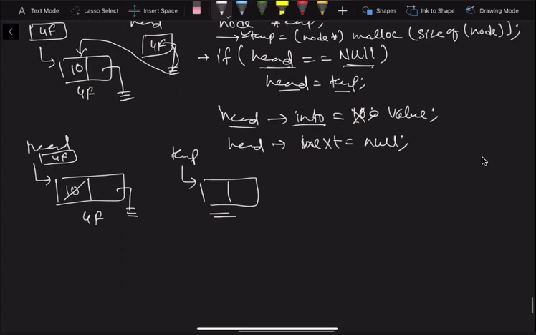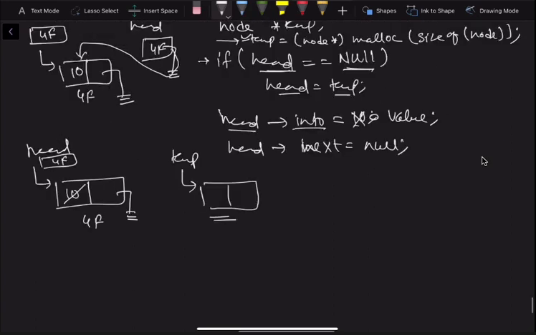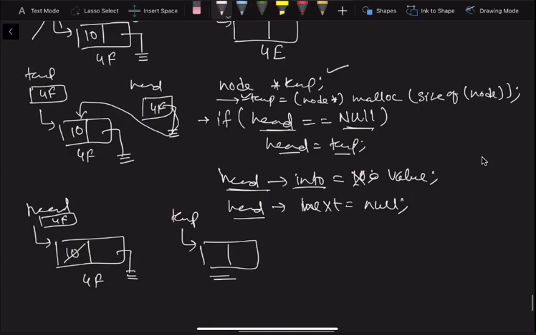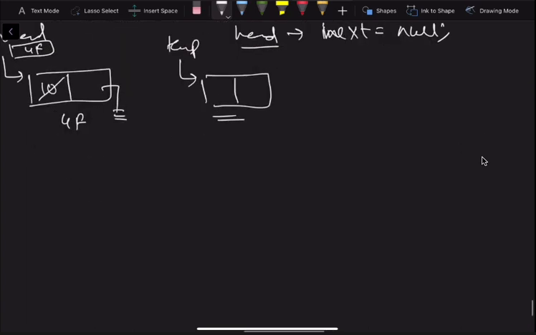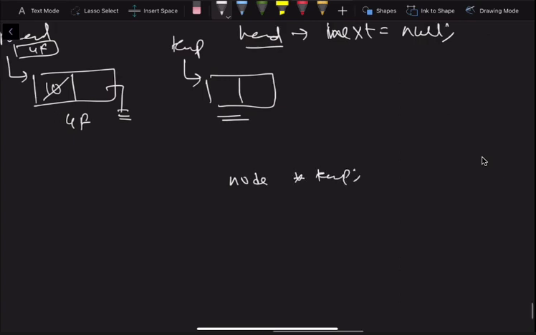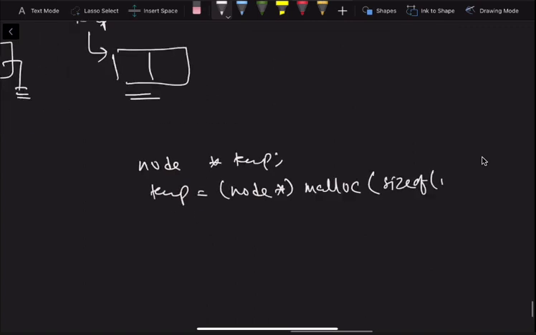So what is the process to do it? So now I have improvised my code again. What I have done is, instead of assigning the values from head, right after creation of the node, I will assign the values. Right after creating the node, I can assign the values. How? See this. Node asterisk temp, and then temp is equal to node asterisk malloc size of node, and now the node is created.